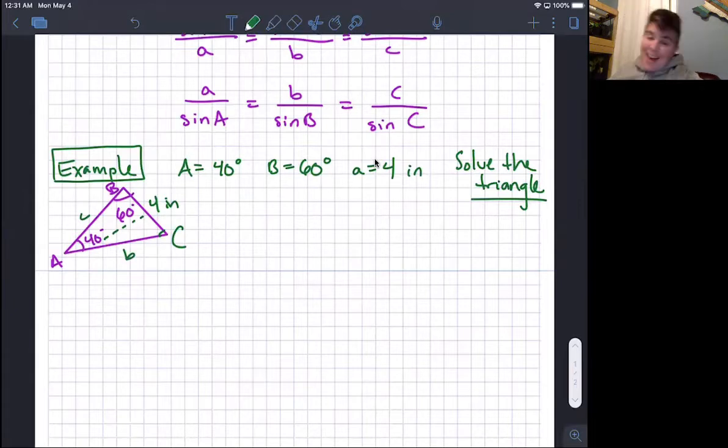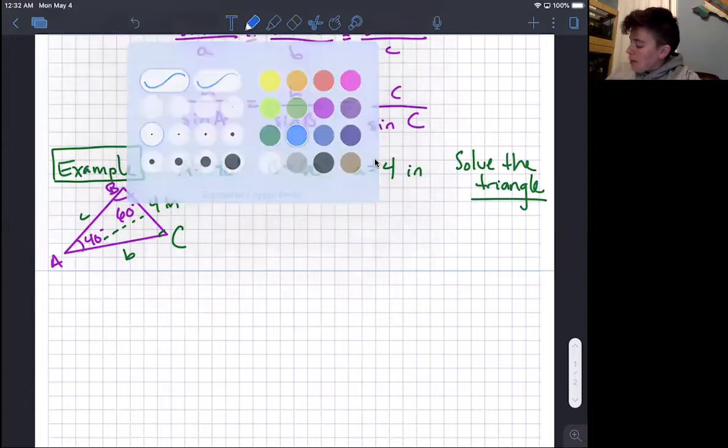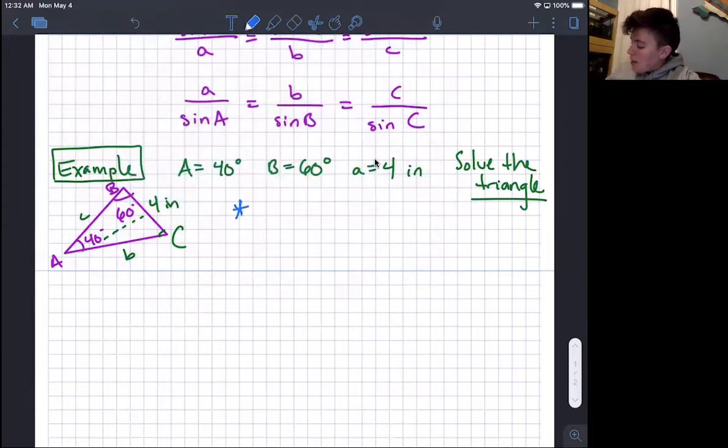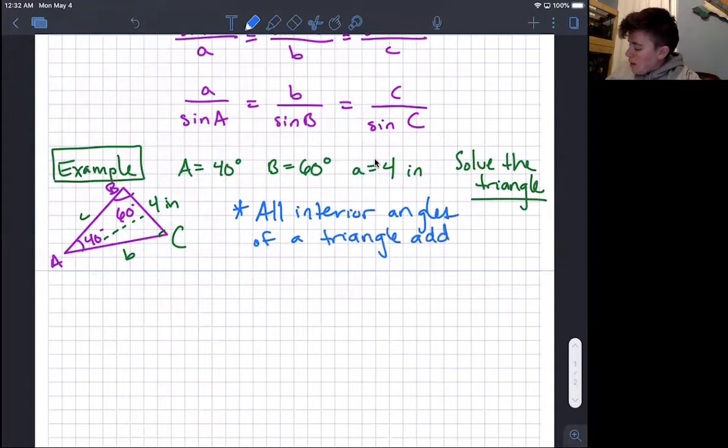Well, angle C is very, very easy. We don't have to do much for that one. Do y'all remember all of the interior angles of a triangle all add up to what? Does anybody remember? If you're saying 180 degrees, you are correct. I'm going to write that down as a quick remembrance. All interior angles of a triangle add up to